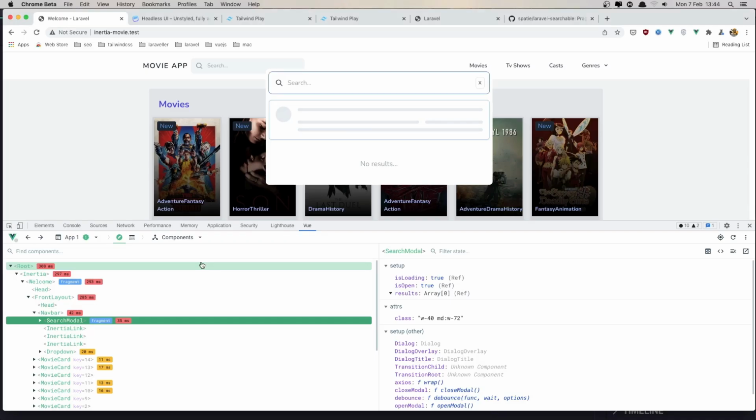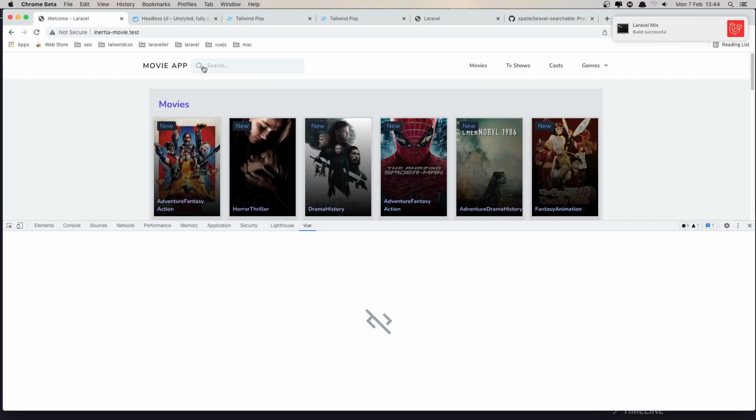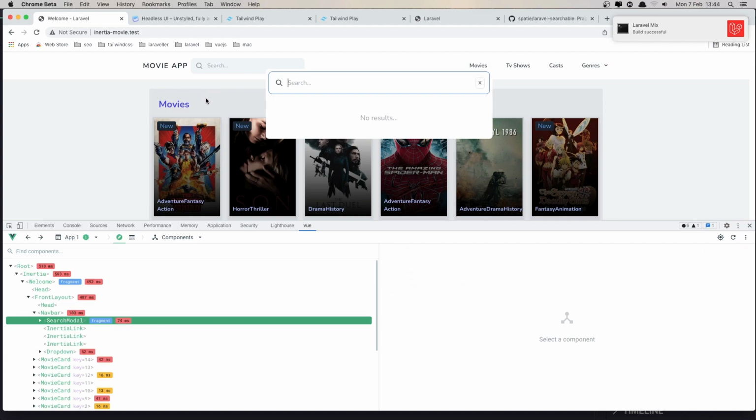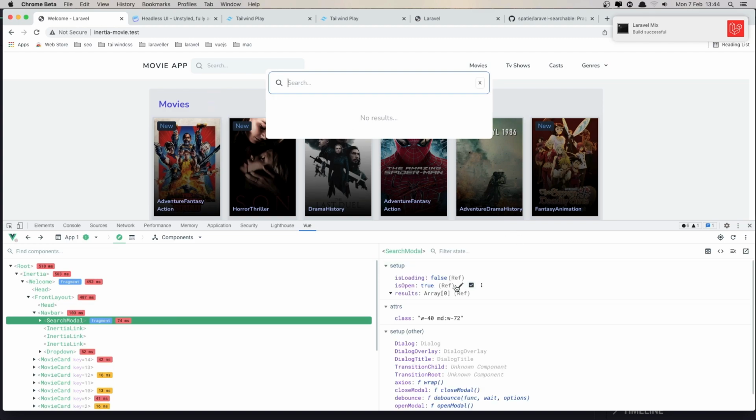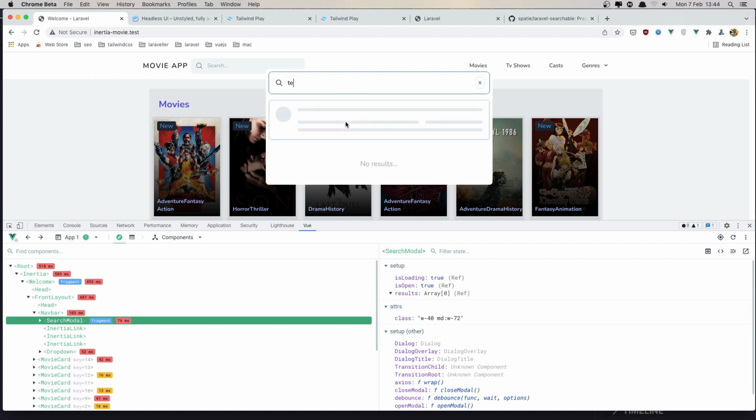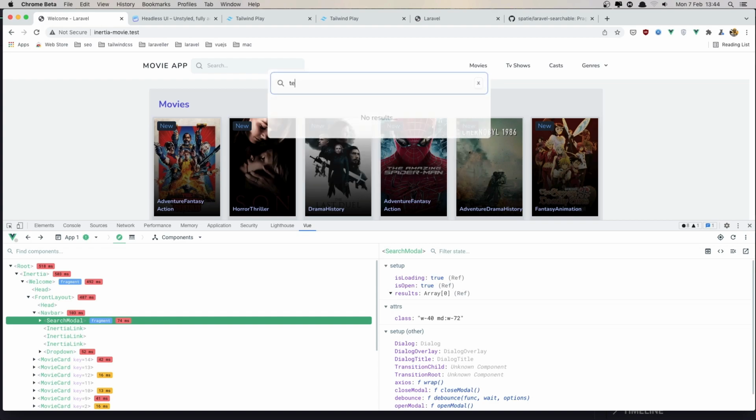Save, come here and refresh. Open this. Now we have is open to true and is loading to false, but if I type something, we get is loading to true, and if I close, we change to false, and if I open again, that is false. Okay,